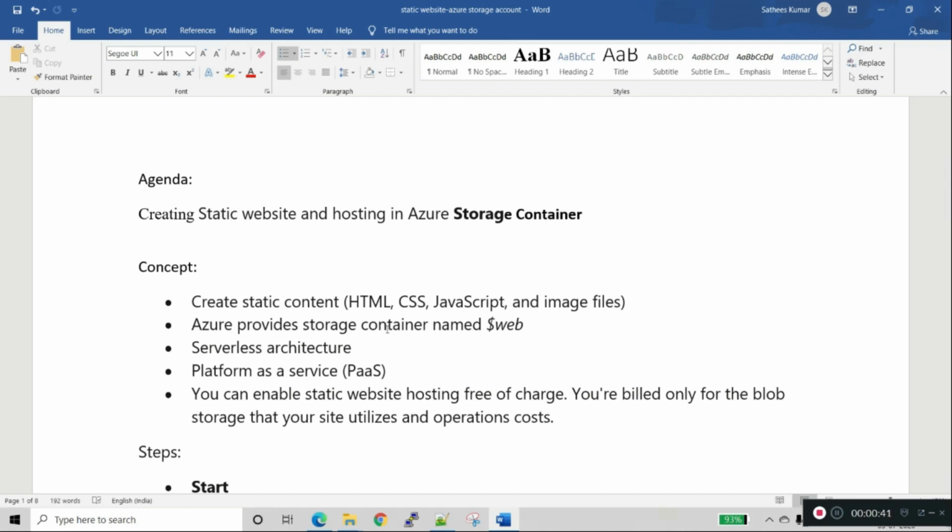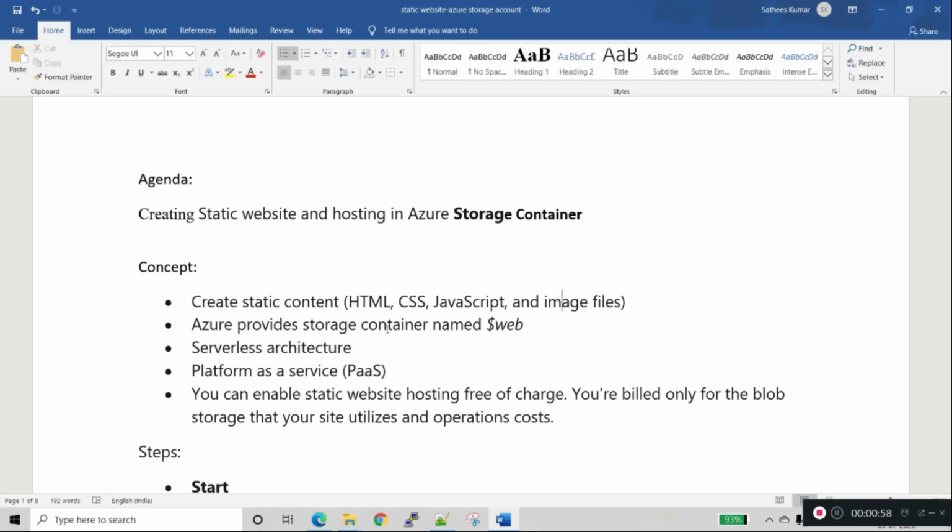In this serverless architecture, the developer doesn't need to know what is behind the static website, what server they are using, or what operating system they are using.